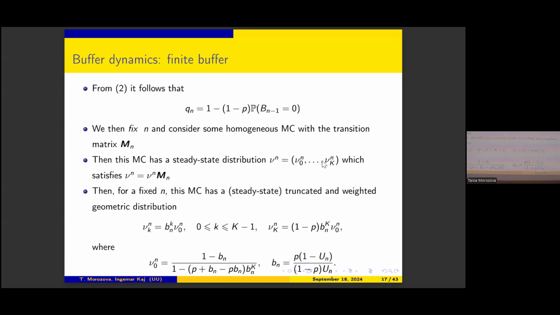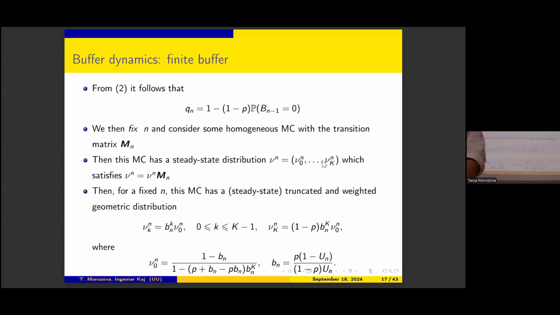And we know that given this matrix M, given the jump probabilities, the distribution is going to be geometric, or like a truncated weighted geometric distribution, and it will have the following form. The form here might be a bit complicated, but it's just something that follows from the theory of birth-death processes. It's not something we came up with, it directly follows from this theory. So basically, there is a distribution and we can identify its shape, and it looks like this. That's, I think, the main point here.